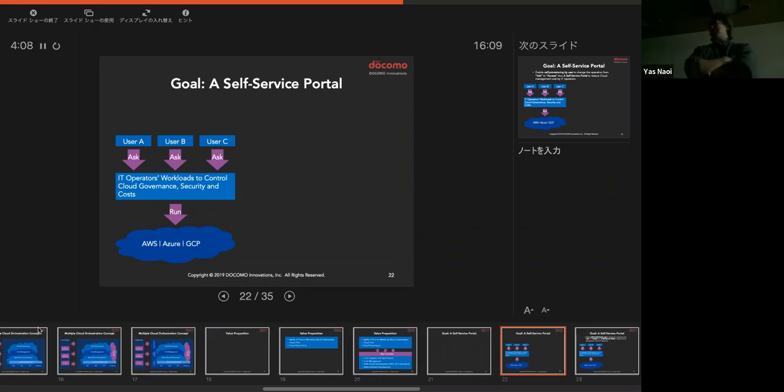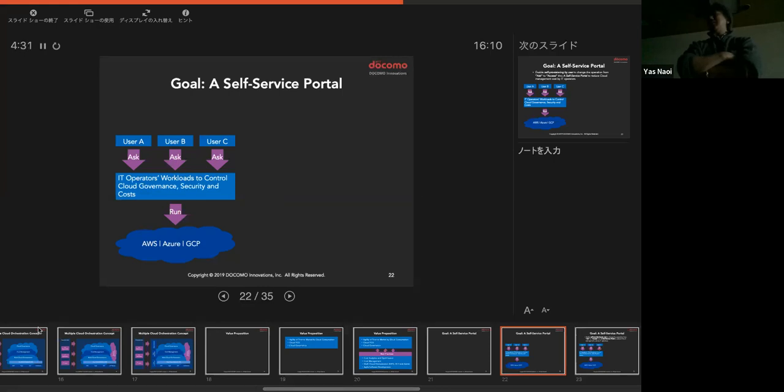So let's say researcher A asked me to give him some massive GPU instance. And then another user will ask me to give him some other hardware or AWS instance, and so on.